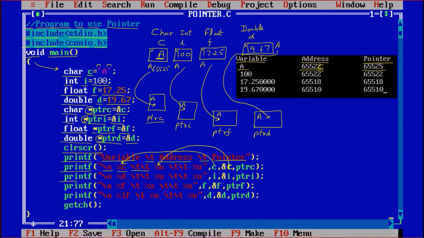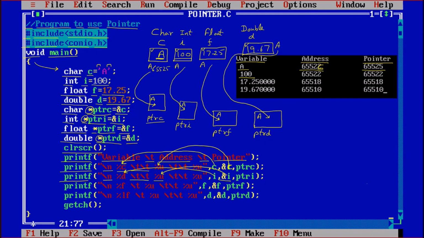Then coming to the next line, new line, %d, that is taking the value from i, so the value of i is 100. Then two tab spaces, %u for the address, and the address is coming from &i, meaning the address of i.